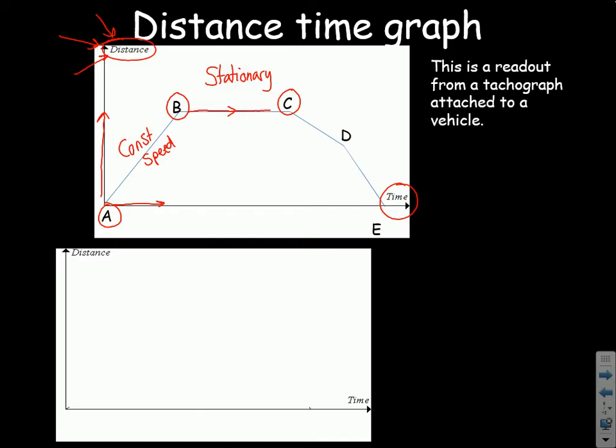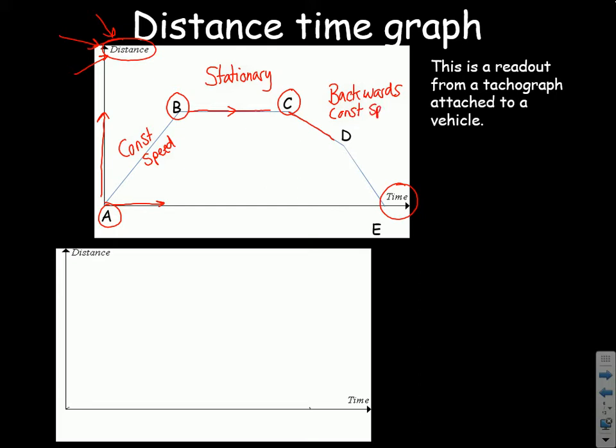So then what about from C to D then? So from C to D you can see that the object is decreasing distance. So from A to B the distance was increasing, whereas from C to D the object is decreasing distance. Therefore the object must be moving backwards. So it's moving in the opposite direction. So it's moving backwards, but because it is a straight line we know it is moving backwards at a constant